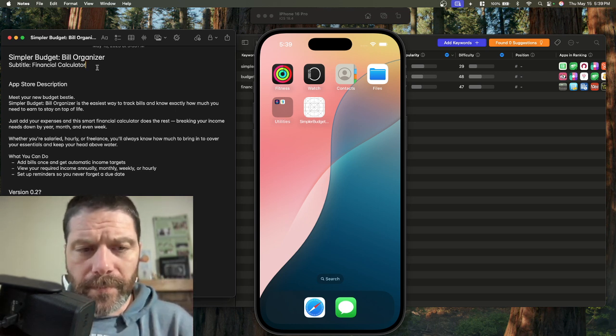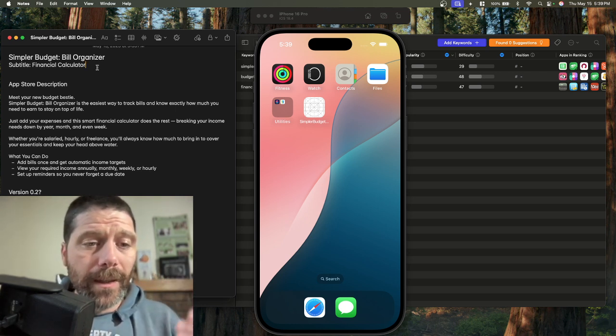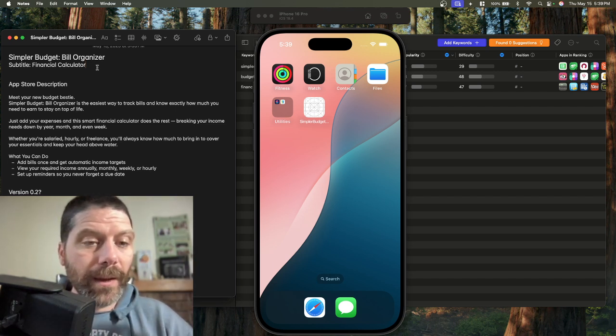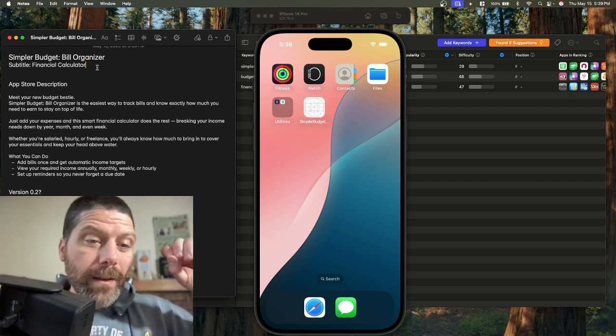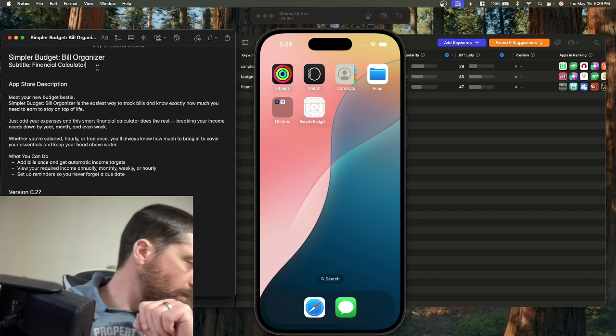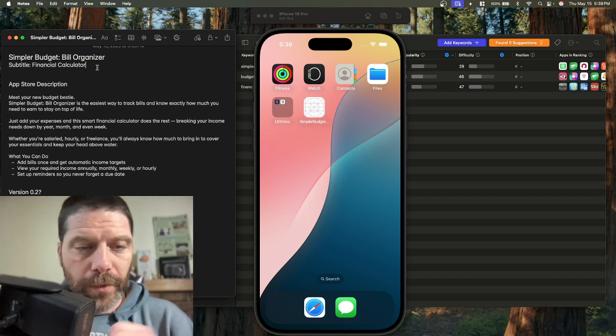But basically, in Notes, I just enter in all the bills, and then I type it out: okay, that's how much we need to make a month, and then that's how much we need to make a day and a week. I don't do hourly, but thinking about that, maybe I should do daily. Anyway,